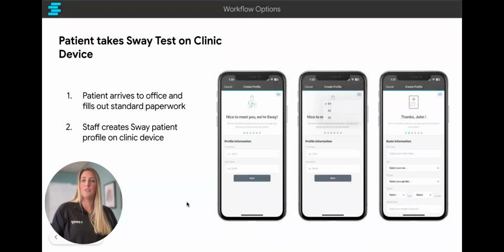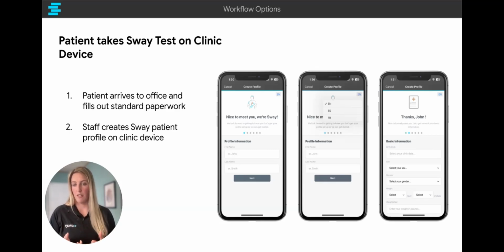So if you think about your typical visit, a patient walks in, especially if it's an eval day or even a first-time follow-up, they're going to check in with the front desk, probably fill out some additional paperwork. In the ideal scenario, there's other staff members, whether it's front desk or an aide, that can help you set up your patient profile in Sway. And even if it's the PT or OT doing it themselves, you can do this on the iPad itself or on your computer. You enter in their first name, last name, date of birth, as well as their sex, height,